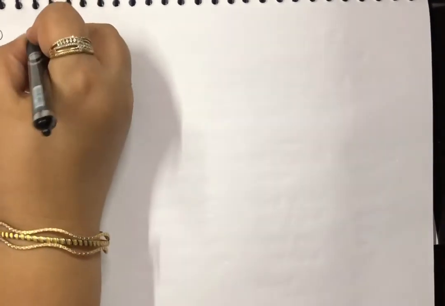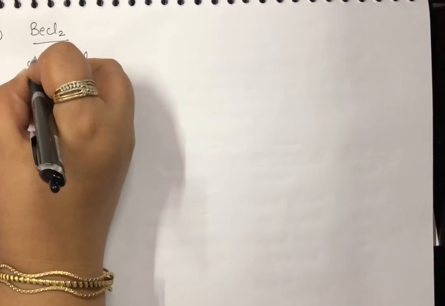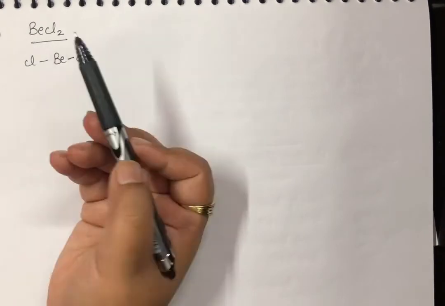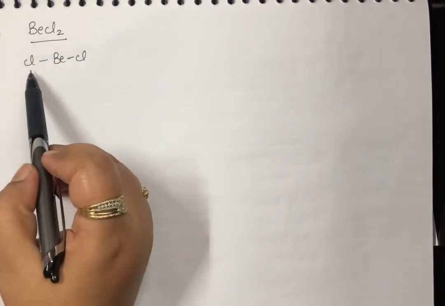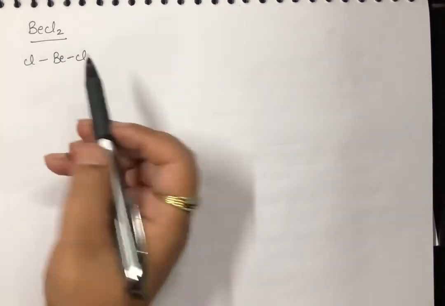I will take first the example for beryllium chloride. Now we know that when I'm talking about beryllium, the compound is like this. I'm not saying that it is linear right now. I'm just saying that beryllium is going to be the central atom. How do we calculate the central atom? The one which is lesser in the number is the central. I have 1 beryllium and 2 chlorine, so beryllium is lesser in number, beryllium would be the central atom. So now I am saying that beryllium would be in the center and it would be attached to 2 chlorine atoms.